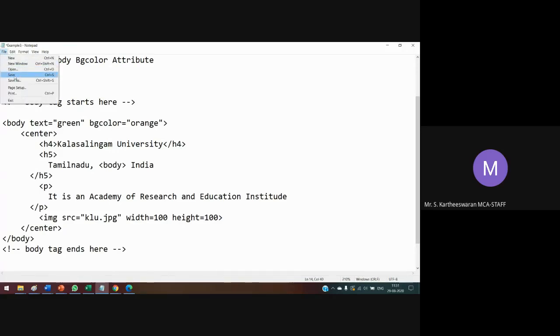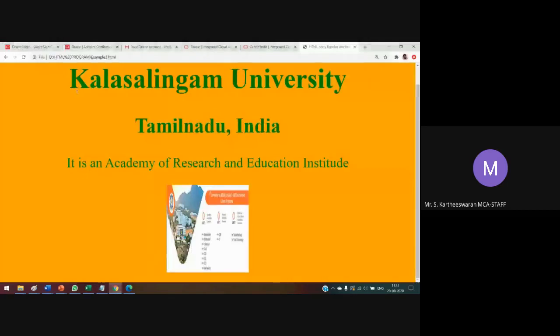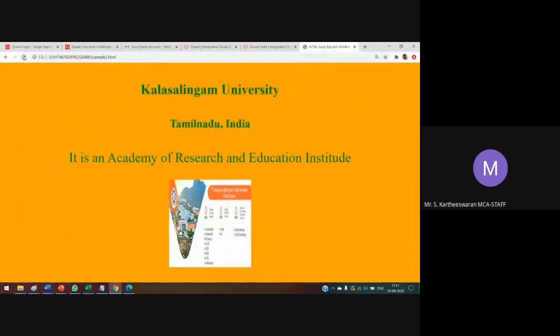File, save. You have to check it. Reduce some size, you have to change the letter size, so letter 5 to letter 2 to letter 5. You have to reduce the size of the web page. This is example 3 of web page creation.